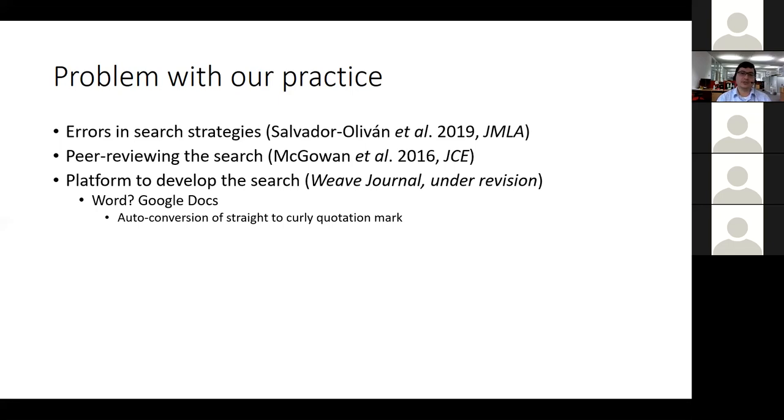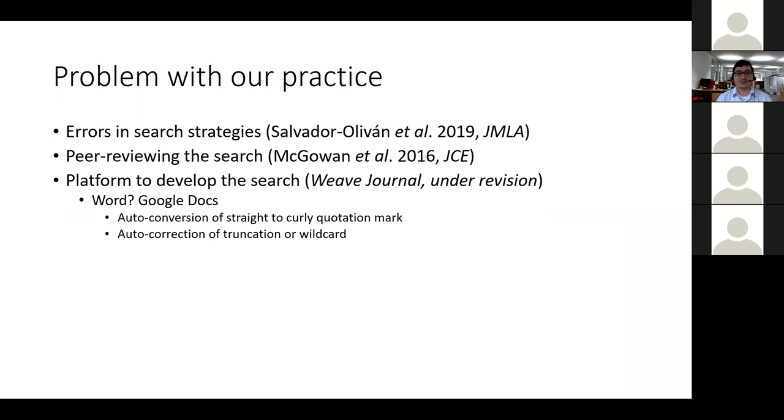And usually when you're developing the search and you are using quotations either in Google Docs or Word, it automatically converts your straight quotations to curly quotations unless you press Ctrl-Z or deactivate that feature. Sometimes you are truncating or using the wildcard for British or American spelling, but Word or Google Docs automatically corrects it. And it is a very prevalent error that I've made and